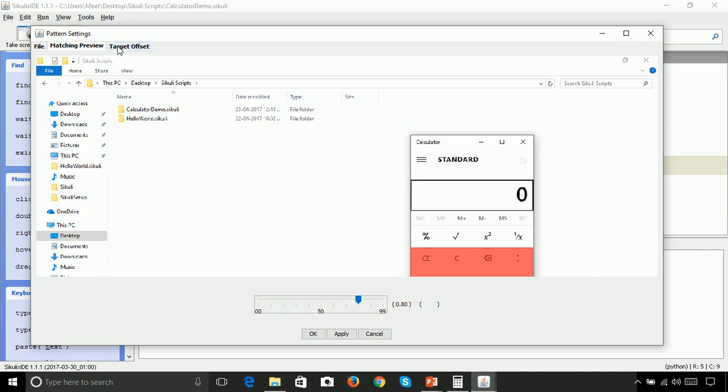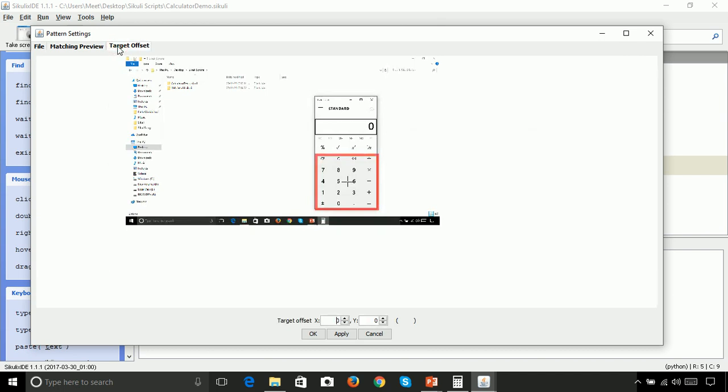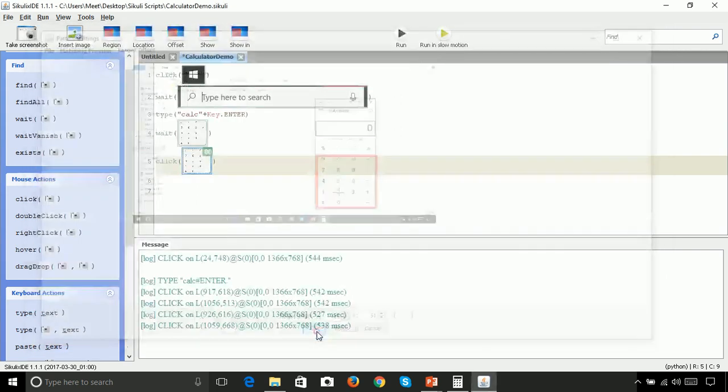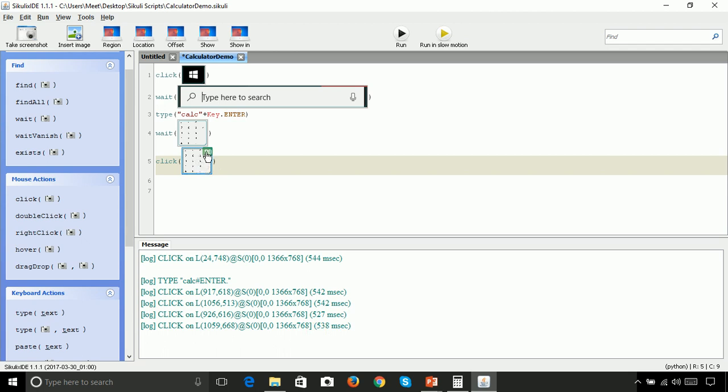And then let's navigate to the target offset. Here we want to click on 2, so let's set the target offset to 2. Target offset is like clicking a particular offset on the image. It will click this offset on the image we have taken, that is highlighted in red. So let's click on 2 and then OK. If you notice, there is one similarity value shown in the top corner.